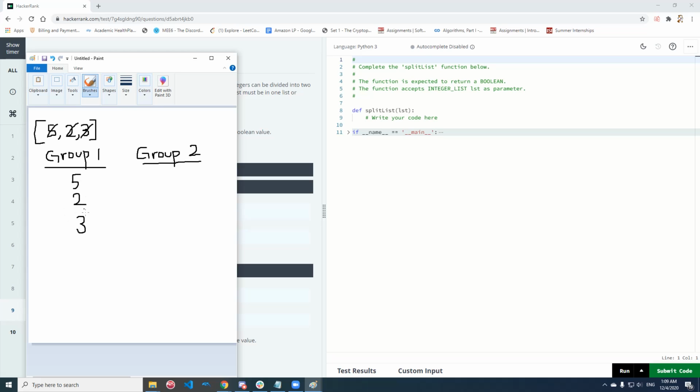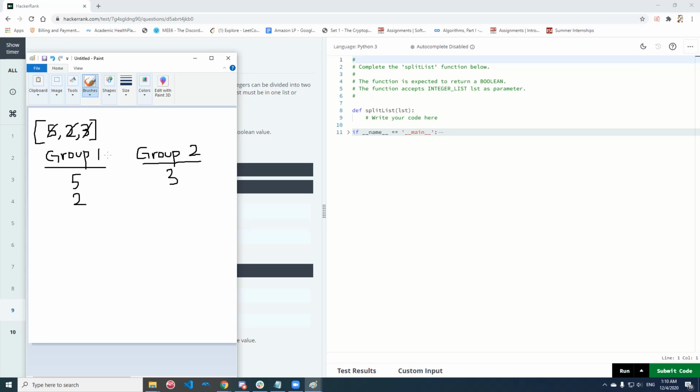But we know that this isn't the only way we can group the elements into group 1 and group 2. We can undo our decision to put 3 in group 1 and put it in group 2 instead. Now we still run out of numbers to use in our list, so we're going to need to check, is the sum of group 1 equal to the sum of group 2? Well, 7 isn't equal to 3, so we know that this isn't going to work,